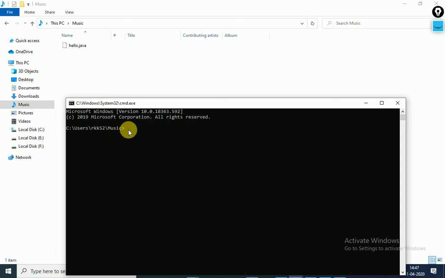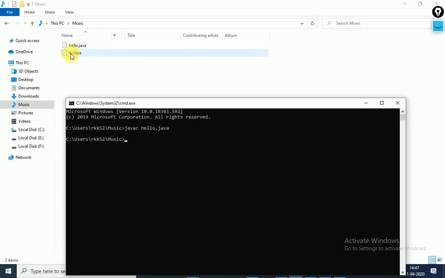So after that type javac, space, file name, hello.java. Now it's compiled. Successfully compiled, and you will see here the class file is created